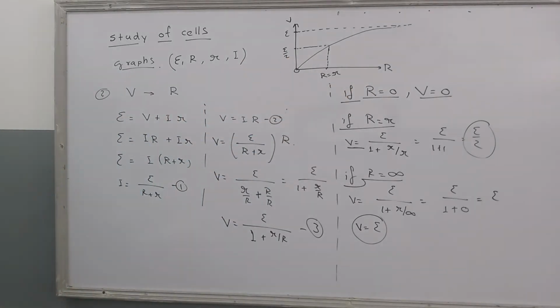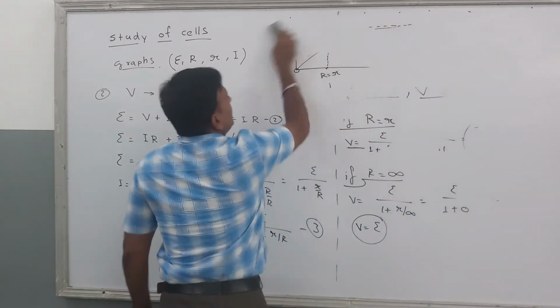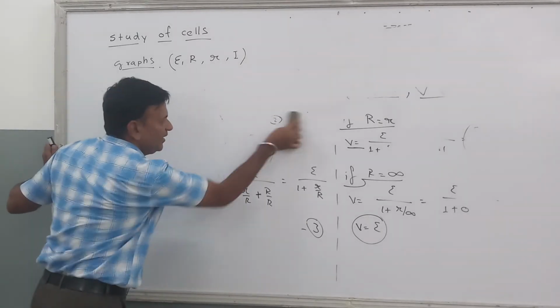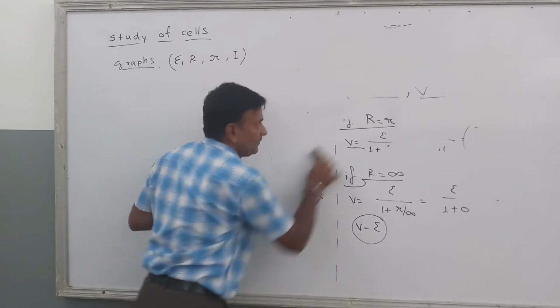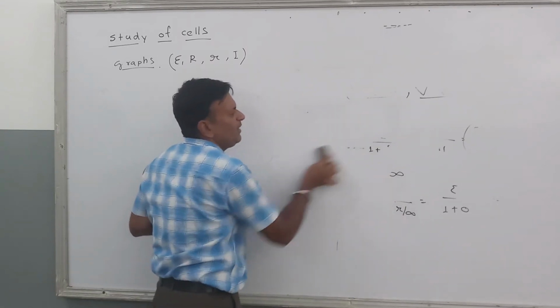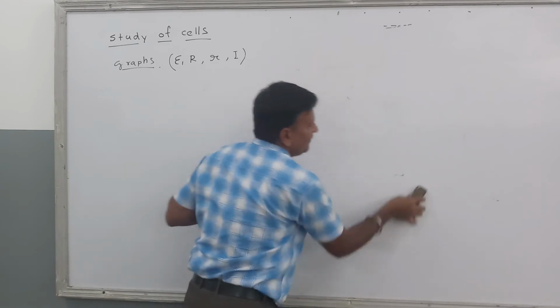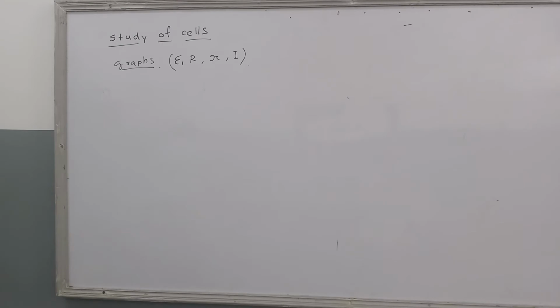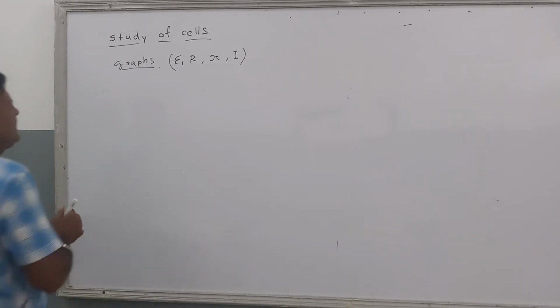Mind well which equations we have used to draw these graphs, and which points are actually important in drawing these graphs. Clear? Graphical study is a very useful study of physics. You do not have to be a very good mathematician, but you should know a little bit of mathematics, of graphs and equations. Now coming to the last graph of today, the graph of V versus I.